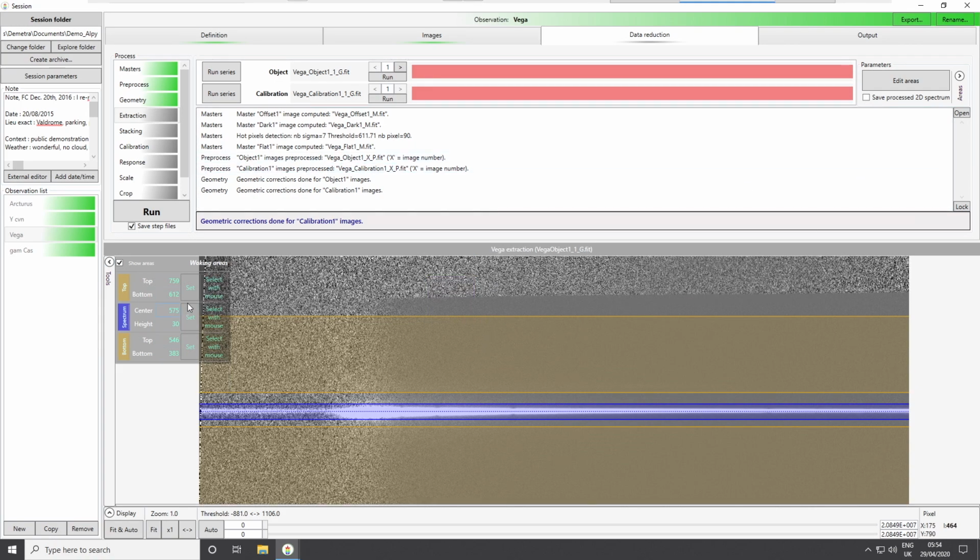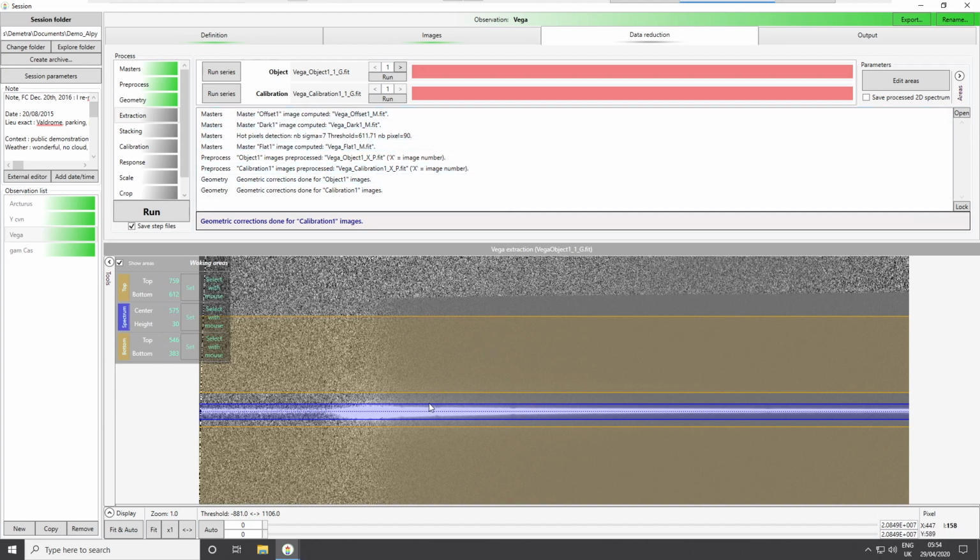In fact, you just have to select properly these bands. And by the way, I do that at this step, but normally this should be done immediately during the observing, during the acquisition, because this is where you can really see exactly where are the images. Where is the spectrum and so on.